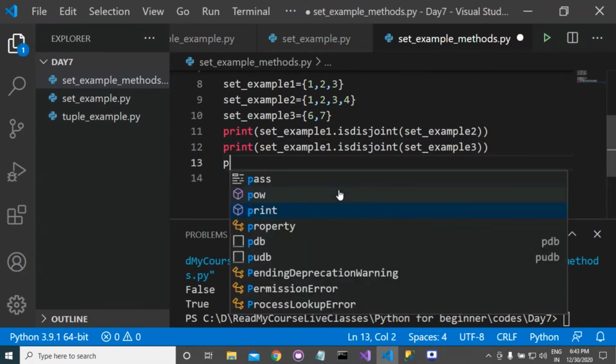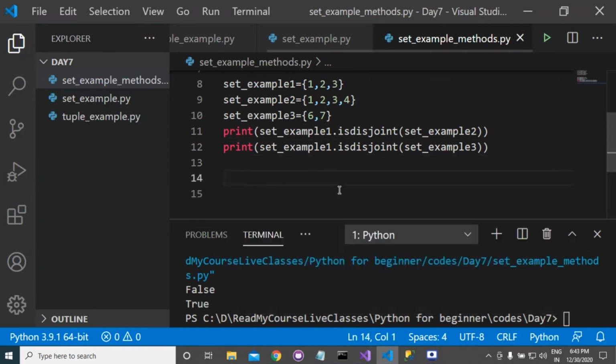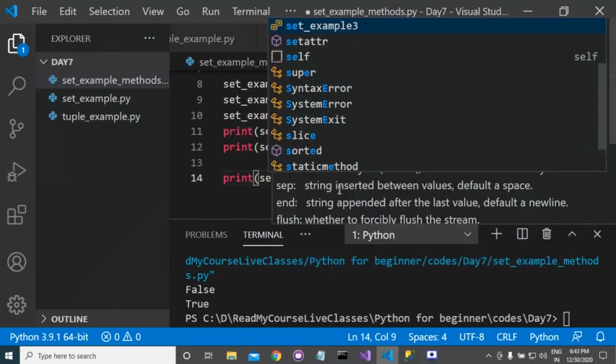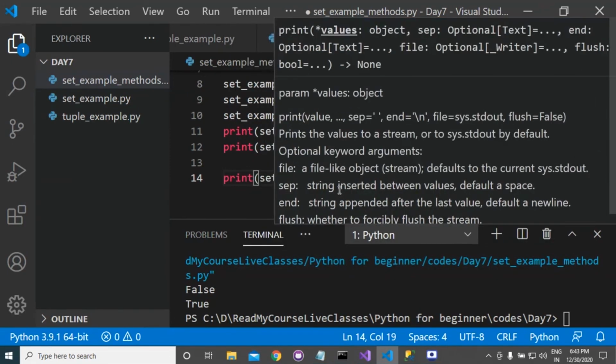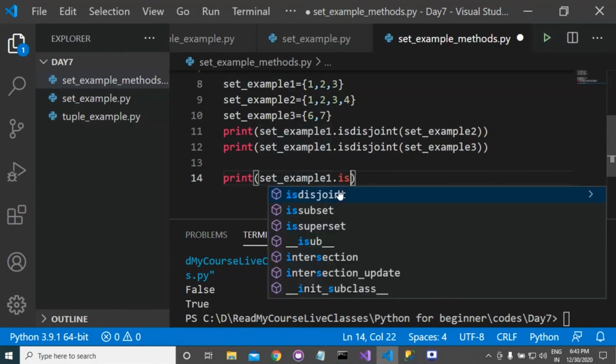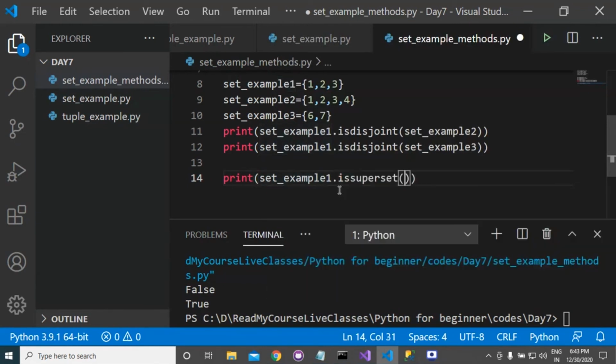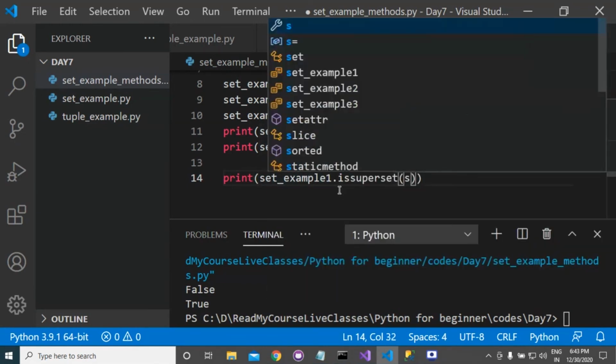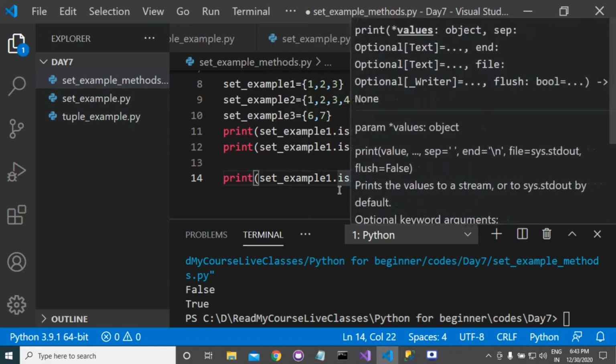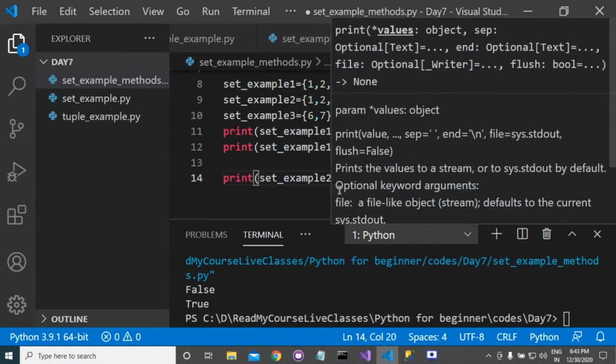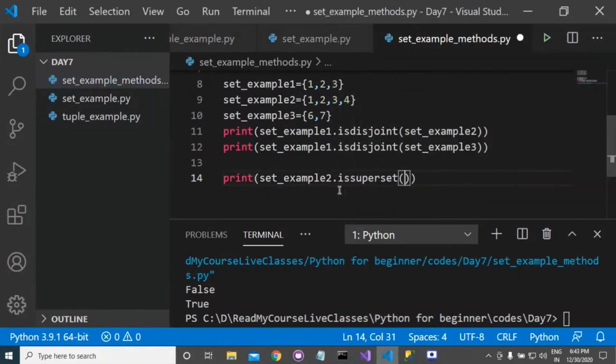Similarly, you can calculate the superset and subset. If you print set example 2 is superset of set example 1.